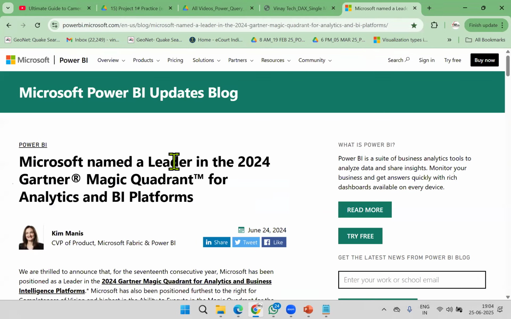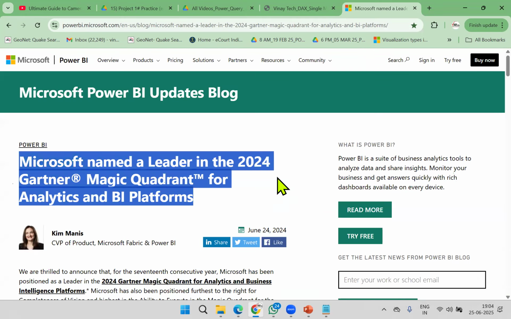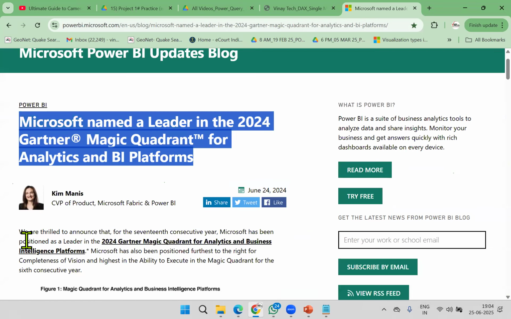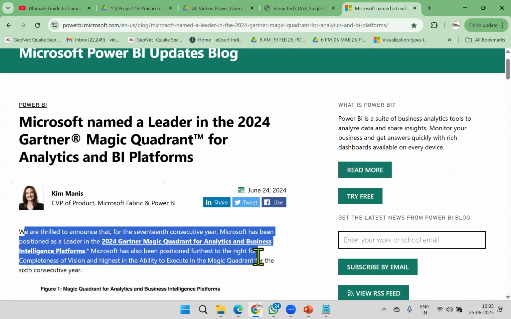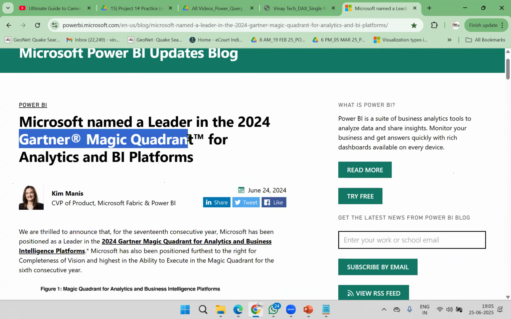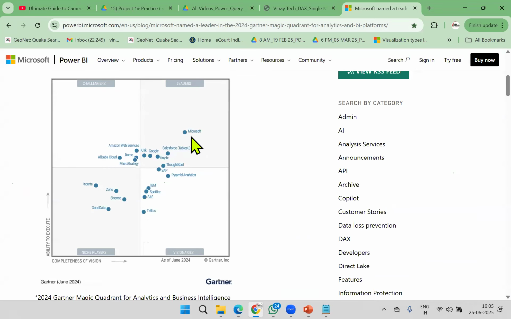So Microsoft named a leader in 2024 Gartner Magic Quadrant. We are thrilled to announce that for the 17th consecutive year, Microsoft has been positioned as a leader. Very popular organization who rate IT applications. See, Microsoft is the leader, and Tableau is the next one. Genuine statistics.